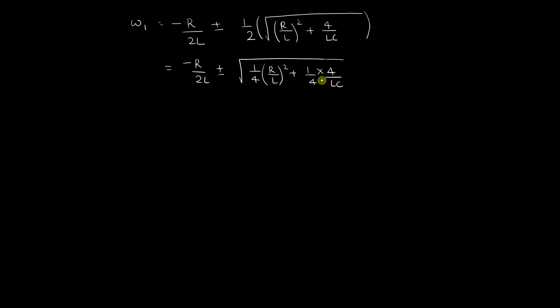This 4 and this 4 get cancelled, and if you look at this term and this term, you have R by 2L here. So let me bring this inside. It becomes minus R by 2L plus or minus